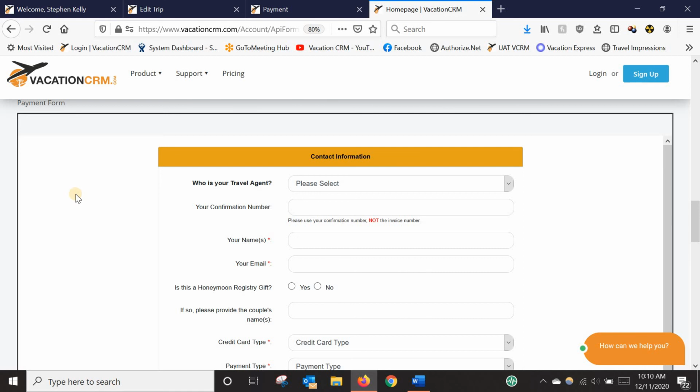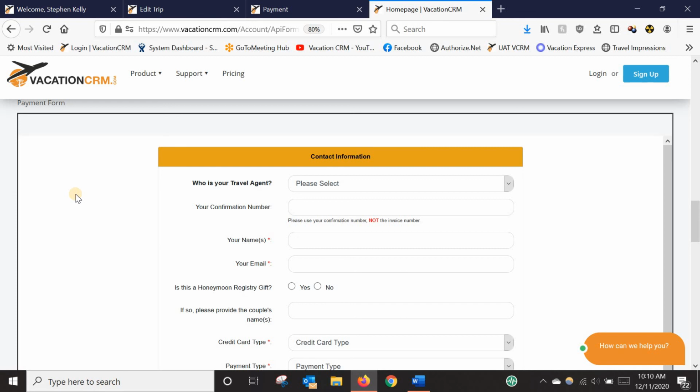What this form actually does is it just adds a payment to the client's trip in the system. This form and the new one I'm about to show you, you cannot send out to a client unless they have a profile, trip, and reservation in the system. But there are some issues that I've come across over the years with this particular form that cause a headache for people. Because this is attaching the payment to the client's trip, Vacation CRM needs to be able